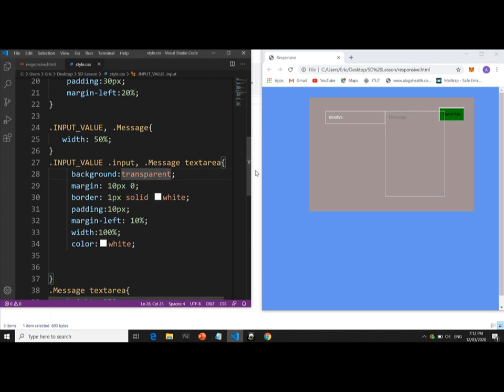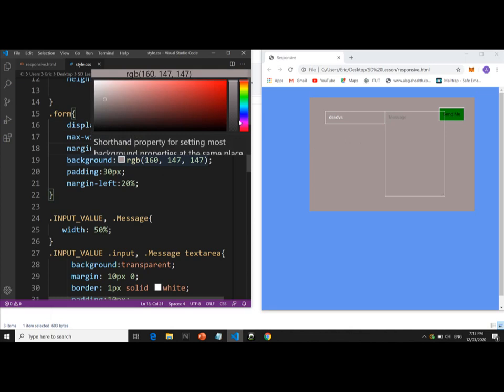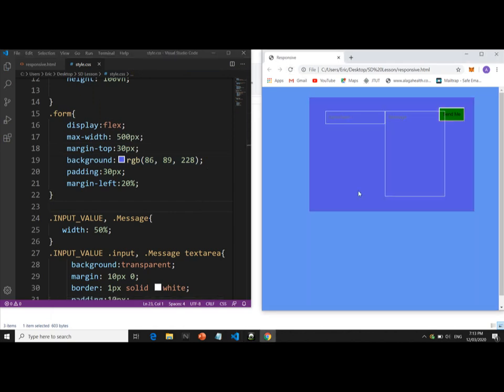Let us check onto the form. Onto the form, we got the display to be flexible, then the width to be 500, and the margin on top is just simply 30 pixel with the gray background here. I could change that one to somewhere here if I wanted to, and save that, something like that. Okay, now we have also the padding to be 30% and margin to the left to be 20%. Okay, that is the form,